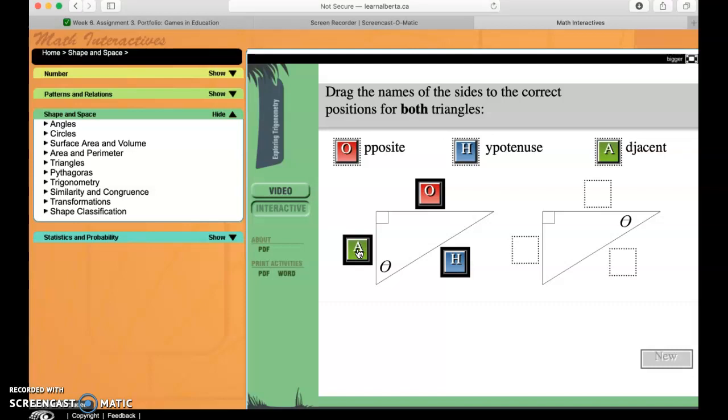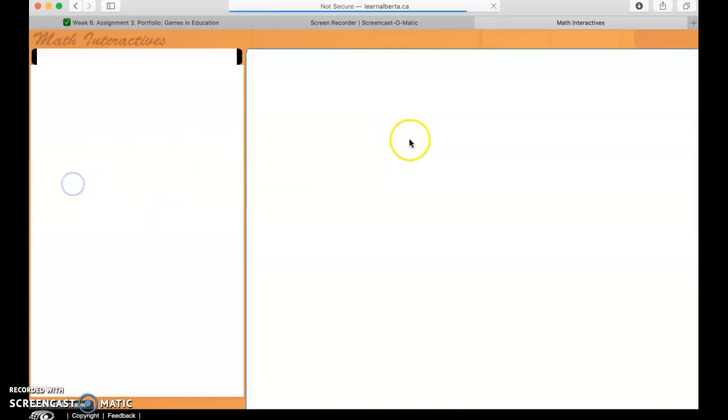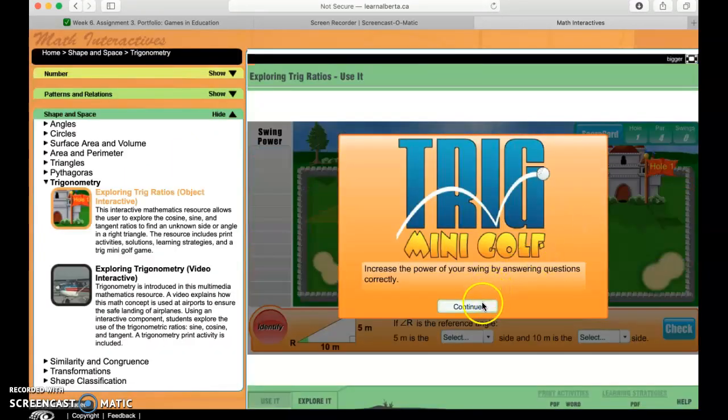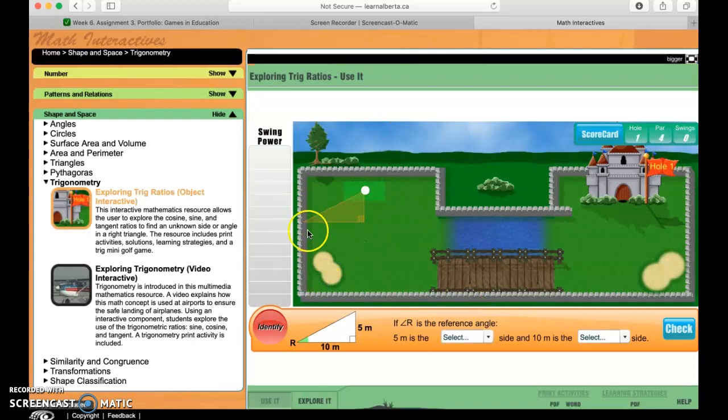From there, at the end of the lesson, like I said, they're going to create a Google Slide of their own trig mini golf layout, and that's going to demonstrate that they understand how the game works and the path of the golf ball, just like use this as an example. And then it's also going to have them create their own triangles that are needed to get the golf ball to the hole. The homework is going to be to create that, and then the warm-up the following day is